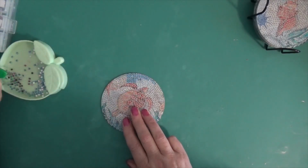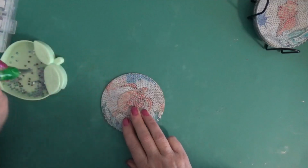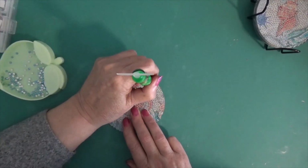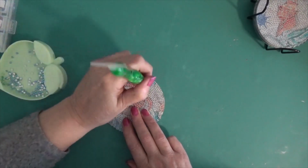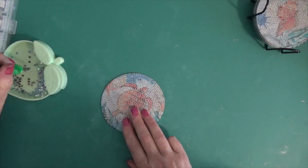So the paint is good. It looks like, it's not really milk paint, but it looks like milk paint. It's a very nice gray color. So I want to get that done, but my back is aching so much today because